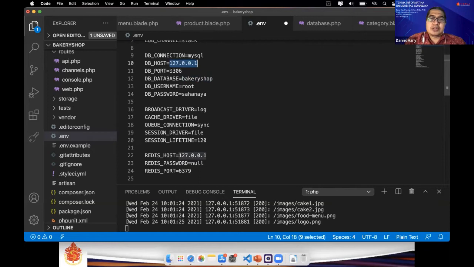Sometimes the server uses another port, so you can modify the port here. Okay, and then save it.